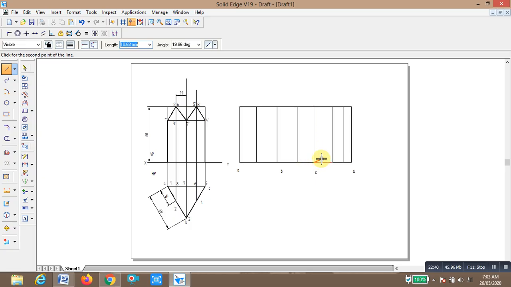So this is how we are going to draw the numbering. So this is number, you write here, this is number 1.